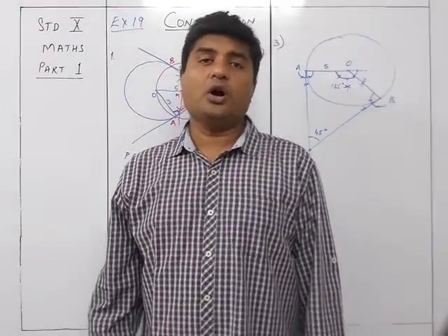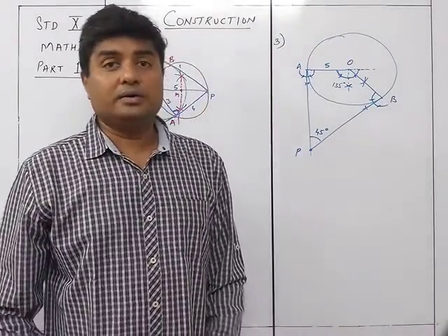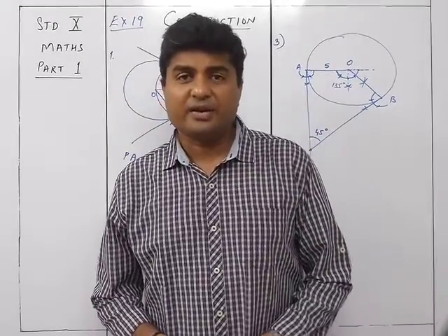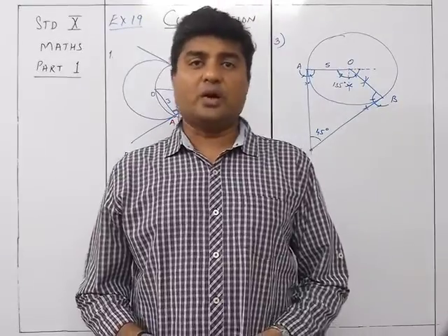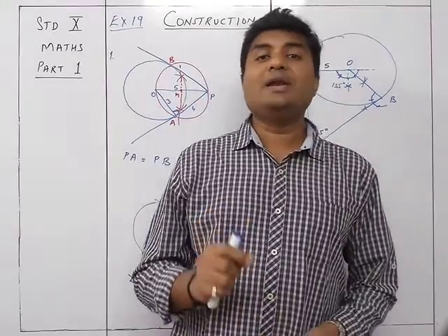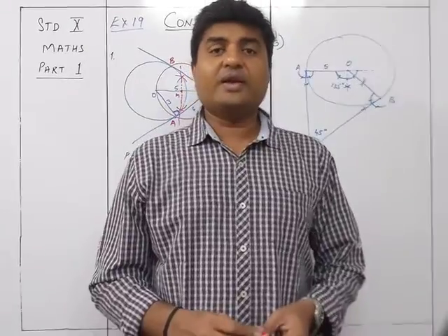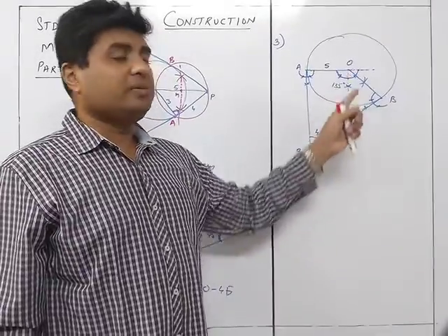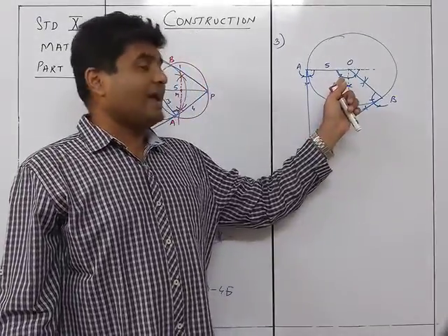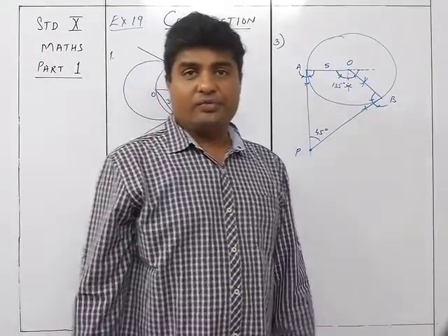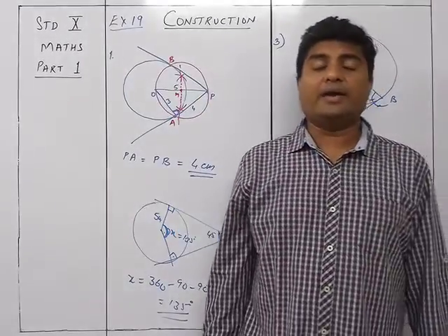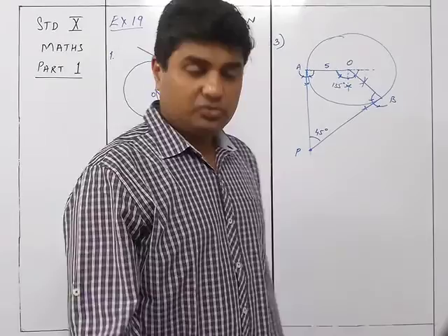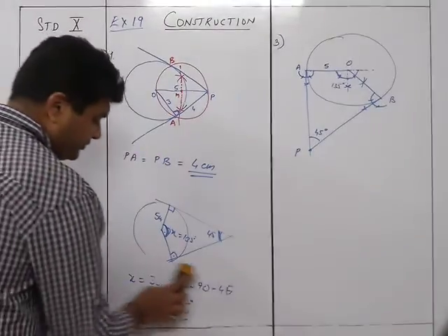So this is how you draw the figure for a tangent drawn from a point outside the circle when they have not given us the distance of the point from the circle. They have given only the angle between the two tangents. If they give the angle between the two tangents, I can find out that it is supplementary. This one and this one will be supplementary to each other. So accordingly, I can find out the angle between the two radii of the tangents, and accordingly I can draw the required tangents. So that was question number 3. We now move on to question number 5.